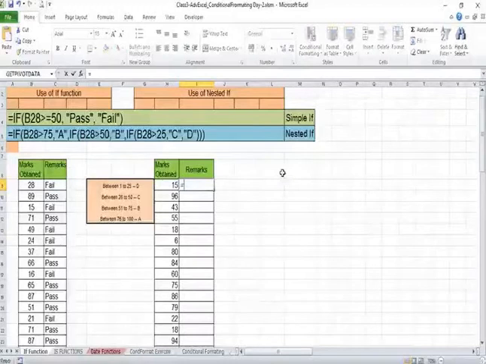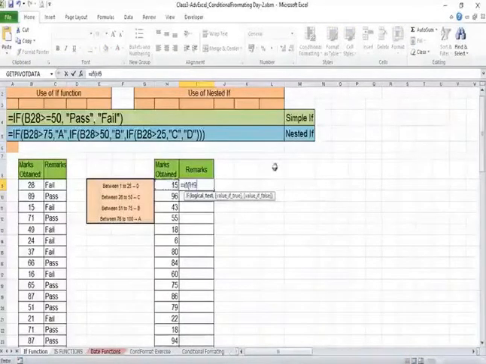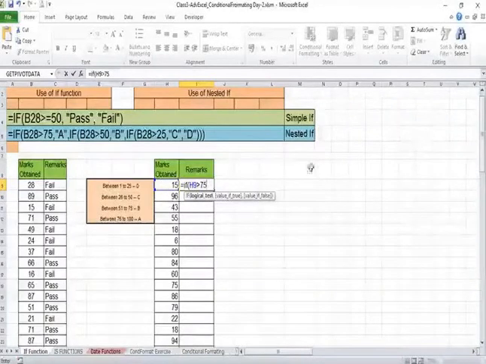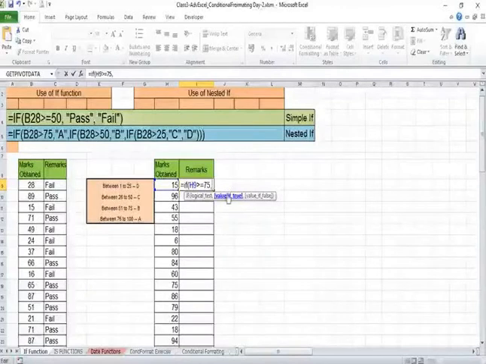So for that we will write equal to if, open the bracket. We will test if this value is greater than 75. We will proceed from the higher side. You can also include equal to sign with greater than, so that 75 is also included. If it is so, then what we will write? A. What should be the grade? It should be A. Then